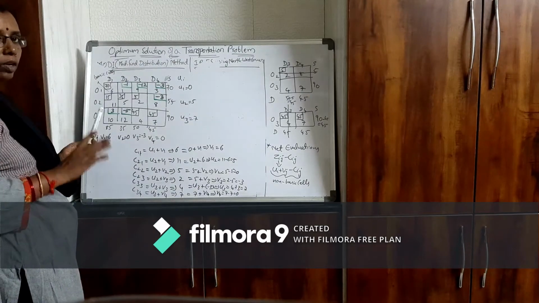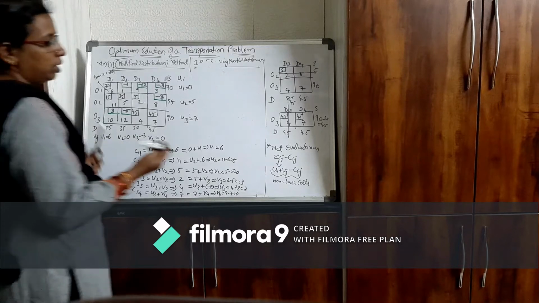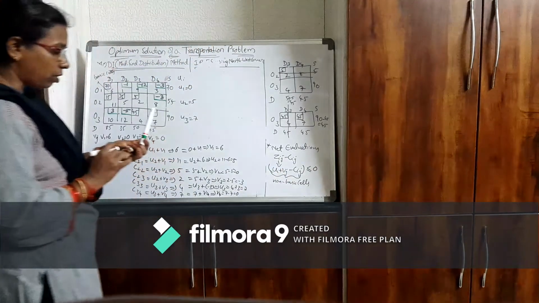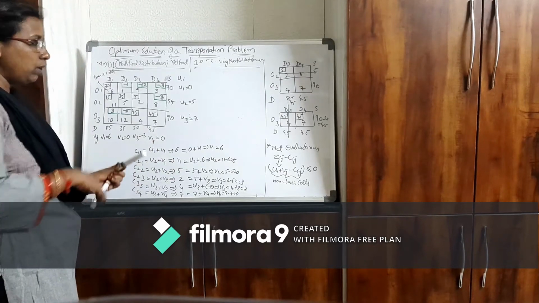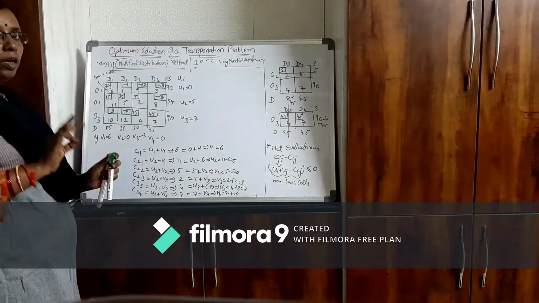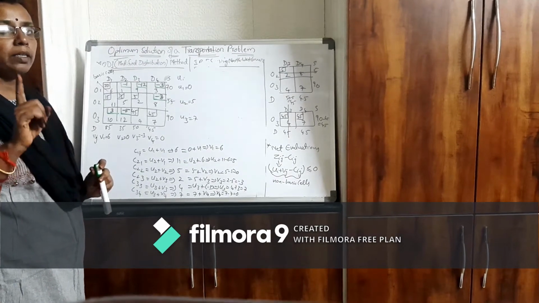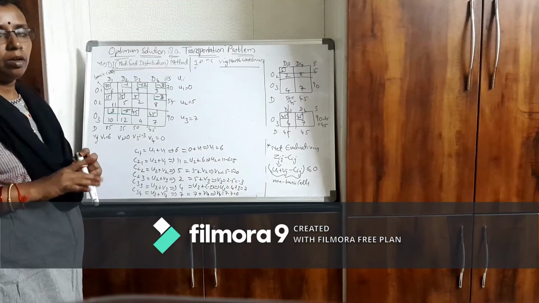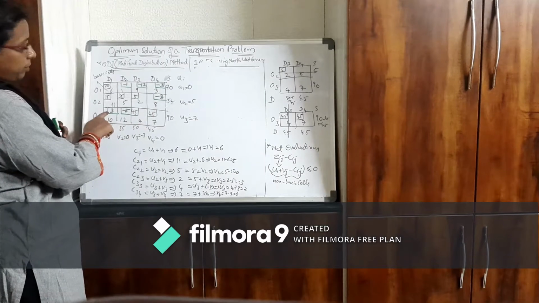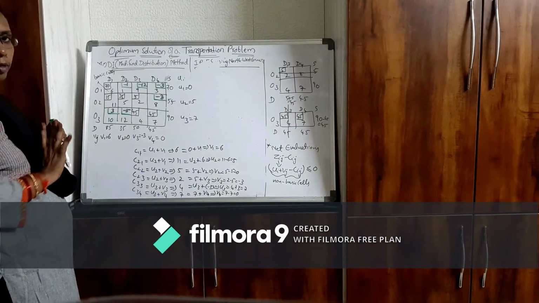Now check whether all the net evaluations are less than or equal to 0. If all of them are less than or equal to 0, then the current solution is the optimum solution. If all of them are not less than or equal to 0, select the maximum net evaluation of all the positives. So here I have all negative values except one positive value, which is 3. So this is not an optimum solution.